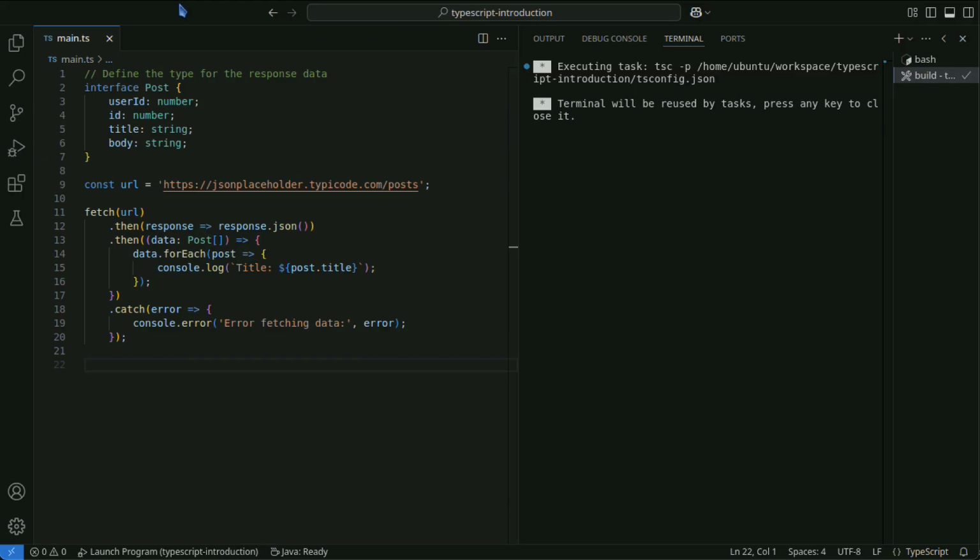This code applies the post type to the data retrieved with fetch, processes the response in a type-safe manner, and outputs the title of each post to the console.